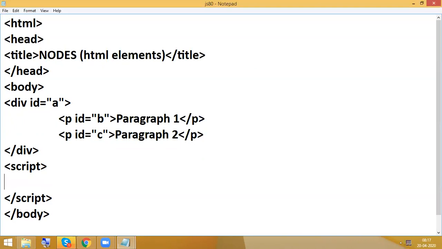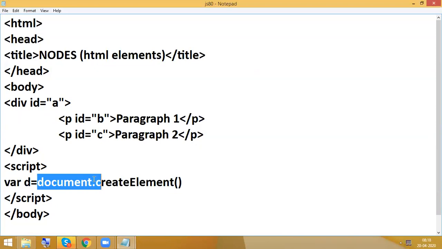So if you want to create a new element, we have a syntax called document.createElement. DOM methods are not only getElementById, getElementsByClassName and so on.